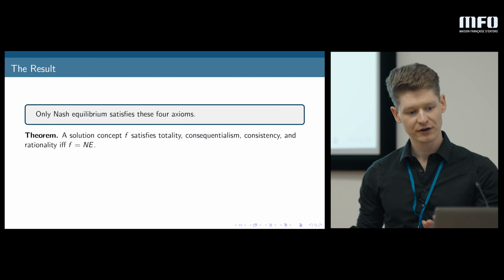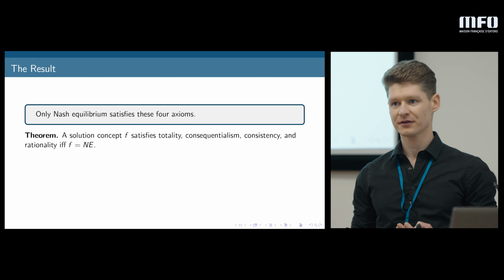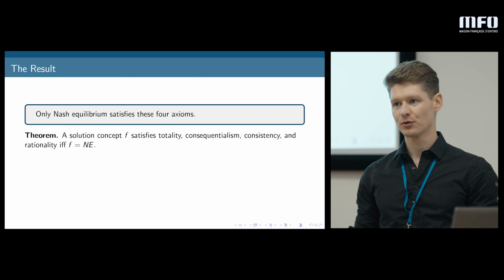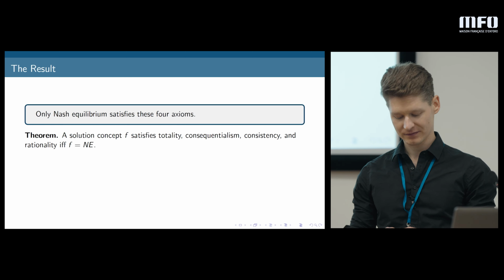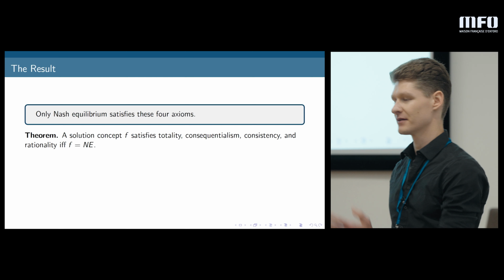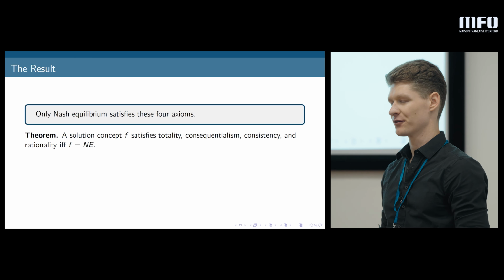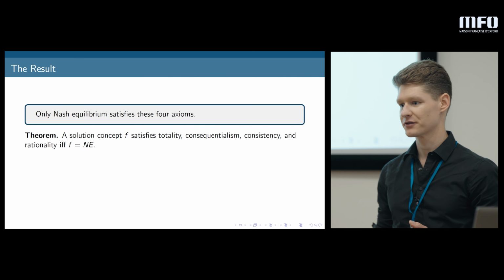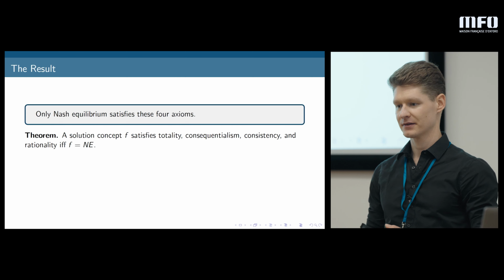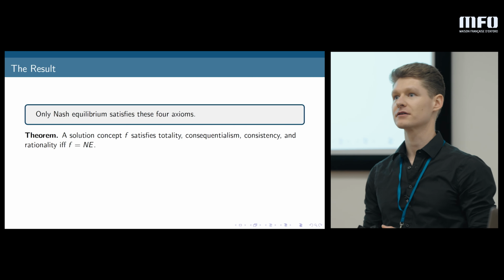Good, and then there are two more statements. First, every solution concept satisfying these four axioms is a subset of Nash equilibrium and also a superset of Nash equilibrium. So this is how the argument goes. Dominant strategy equilibrium is not acceptable, because it doesn't exist. Also, pure Nash equilibrium is out for that reason. If you drop totality, that's pure Nash equilibrium. Yes.